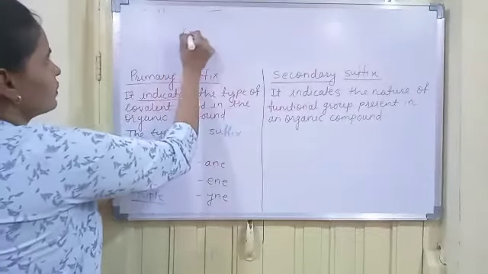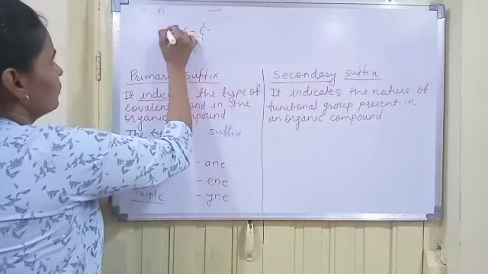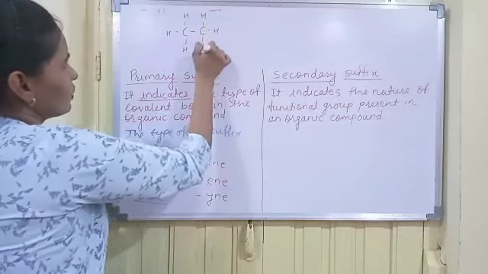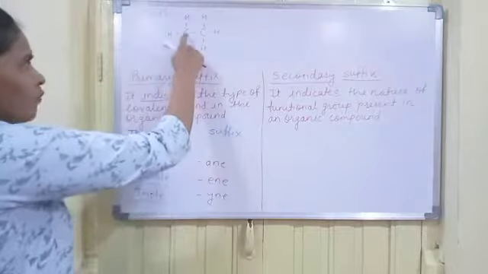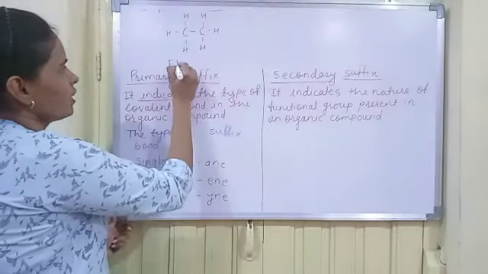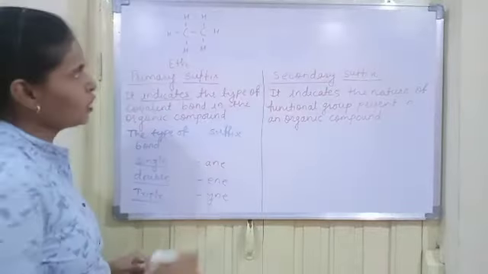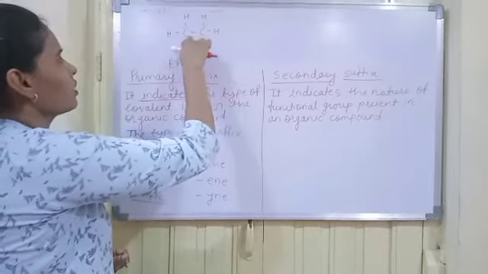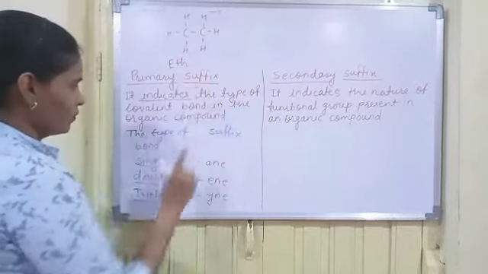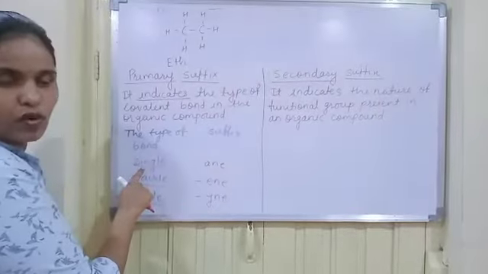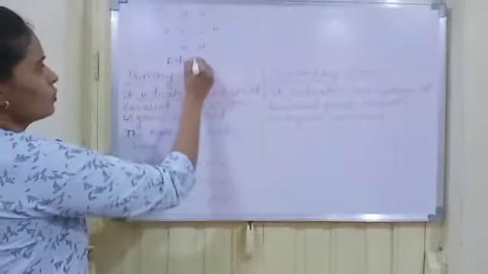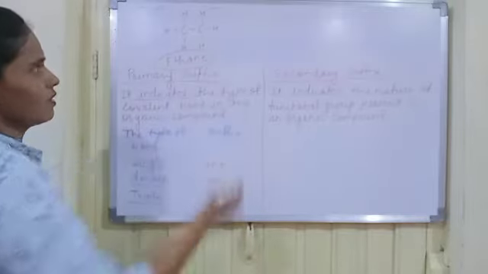Here. Now here it is a 2 carbon compound. Now here 2 carbons are there, 1 and 2. So what will be its root word? Its root word will be eth. Okay. Now look at the type of bond. Now here both the carbons are bonded with hydrogen atoms by single bond only. Now the type of bond is single. Then what will be its primary suffix? ane. Its primary suffix will be ane. So the name of the organic compound is ethane.